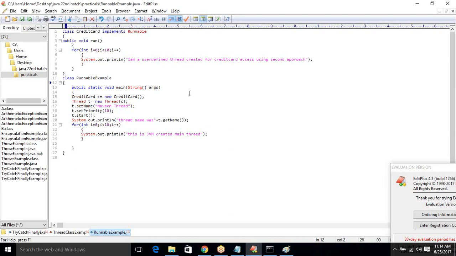Next, what I'm saying: I want to know the current executing thread. Then we have one more approach. Current executing thread I want to know. So we have an option like Thread dot. Here I'm writing SOP, right? So instead of this, I may use the user defined thread. I will remove all these things, and I will print thread name: I am a user defined thread plus Thread dot